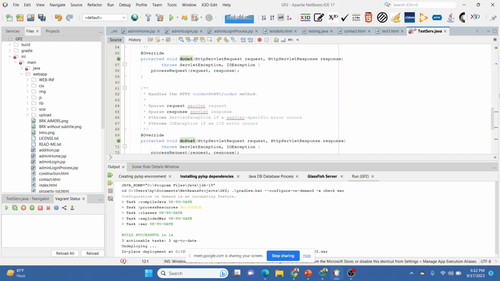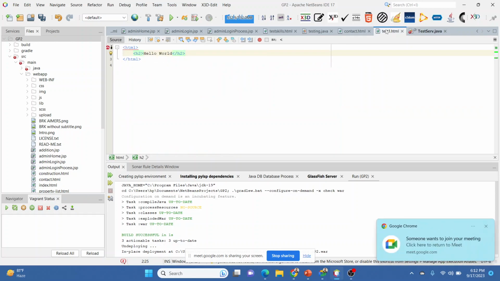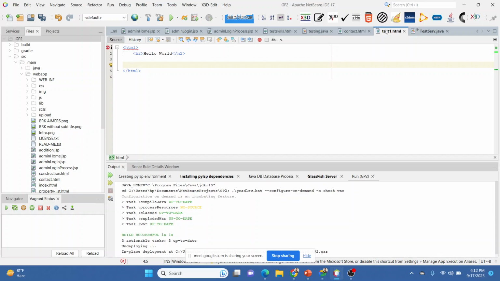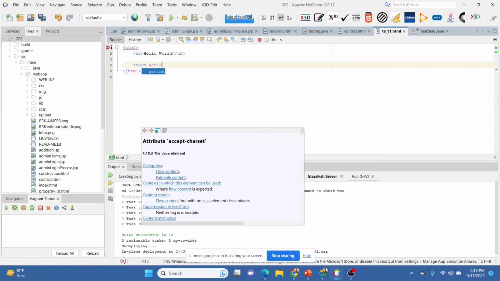So in the HTML part, we will try to create a form, a basic form. You can find these tags on the internet.